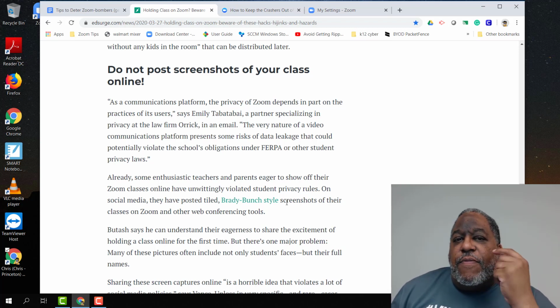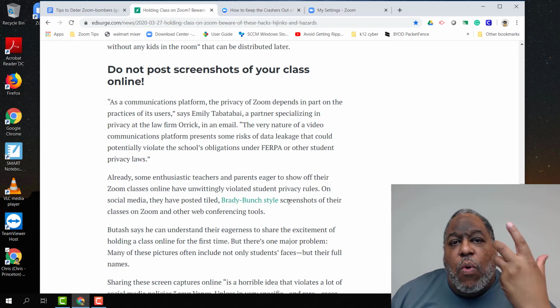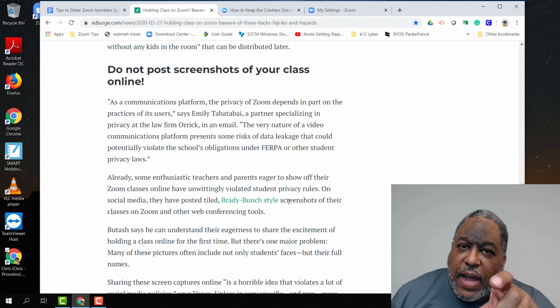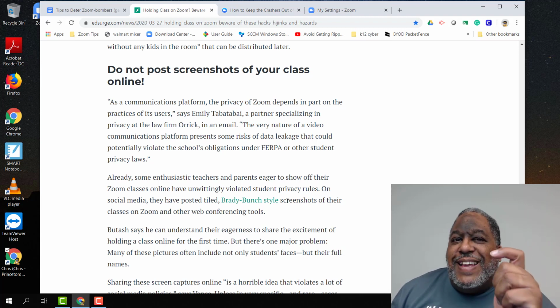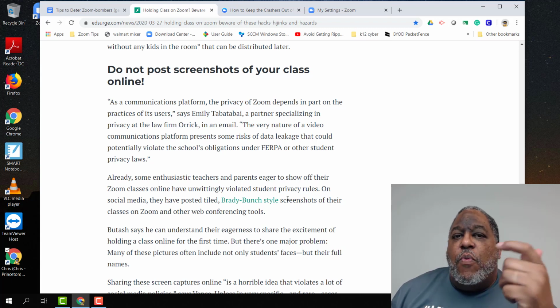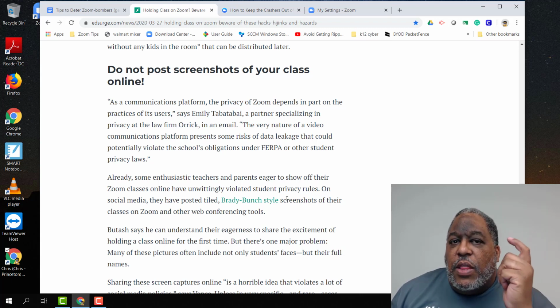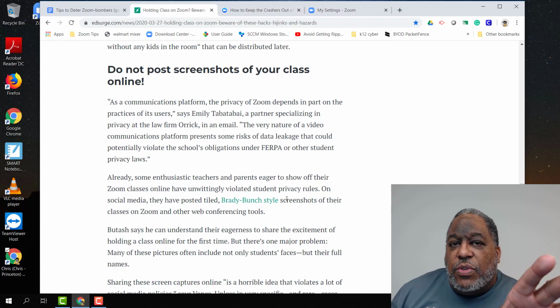Again, this is a different environment, and teachers may be excited to show and talk about what they're doing, but you could violate FERPA, or you could violate some of the student privacy issues by posting the classroom. So just be cautious. Check with our communications director if you want to promote the learning that you're doing, and make sure it gets cleared and that we don't have any students that are covered by non-disclosures, or they don't